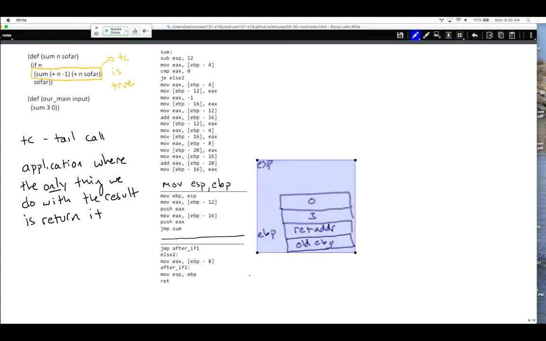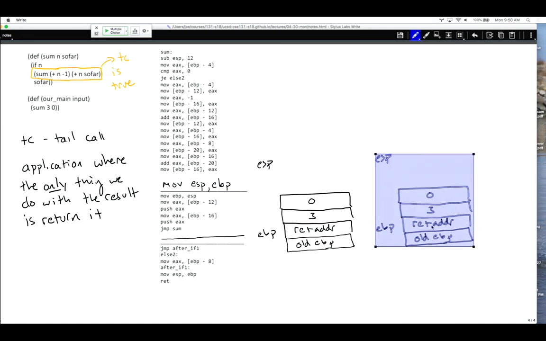And what happens when we do this call is we move ESP and EBP all the way back down to be pointing at the same spot briefly. And then we start pushing the arguments to the recursive call from here. We just overwrite this stack frame. So this ends up getting 2, and in this case, 3, right? Because those are the values we get for subtracting 1 from n and adding n to 0 for this first call. So we move everything down. ESP just moves up with these pushes as normal, and EBP stays down here. So instead of creating a new stack frame, right, instead of growing a stack frame on